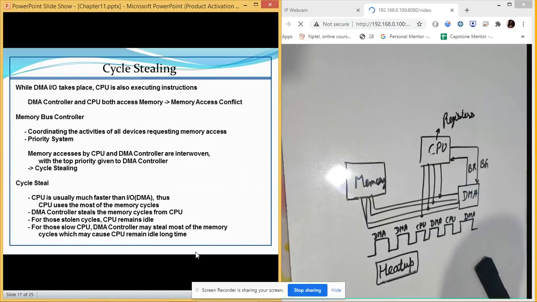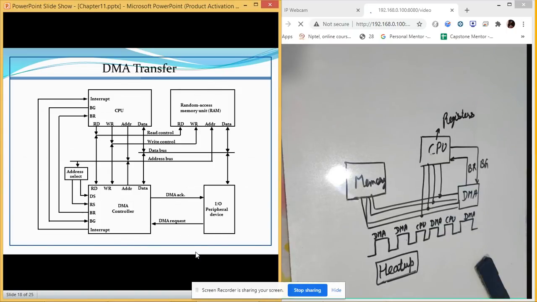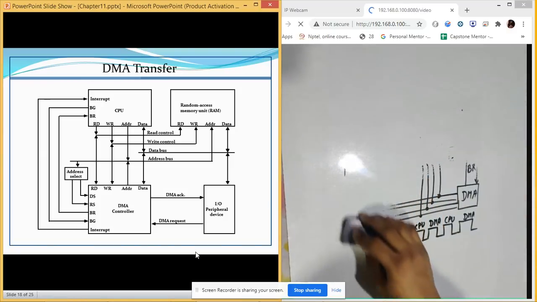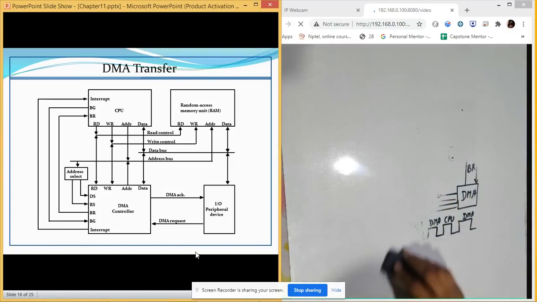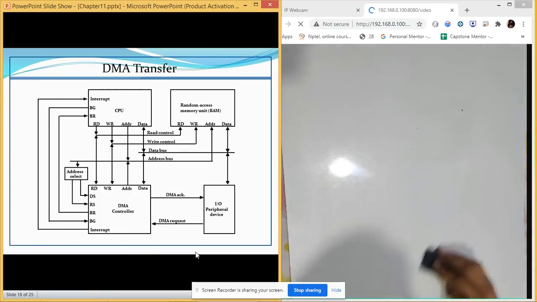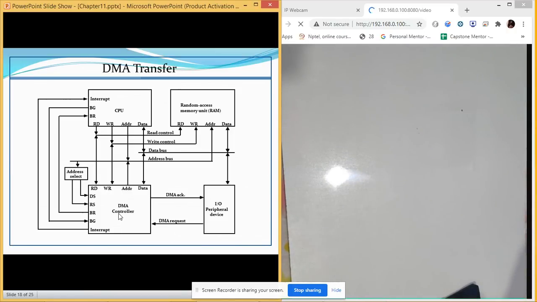But before that, let us talk about the DMA transfer and how it is connected with memory. Now you can see it in the diagram, it is quite evident. The connections are similar to what we have done. Now, what is happening here? We have a DMA controller, we have an input output peripheral device, we have certain data, we have a data bus, we have an address bus, there are write and read lines.